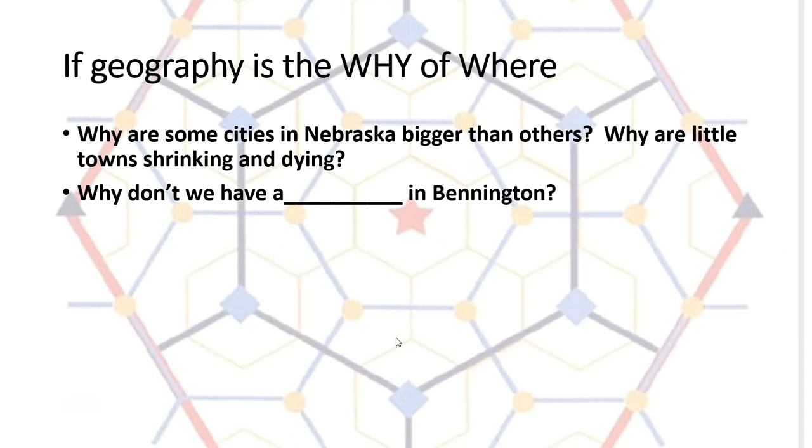And why are some towns in Nebraska bigger than others? Why do you have little towns like the Arlingtons, the Kennards, and stuff like that? Why is Wahoo where it is and the size that it is? Why did Elkhorn get bigger than Bennington and then get swallowed by the city? There are a lot of questions about cities you need to know, okay?